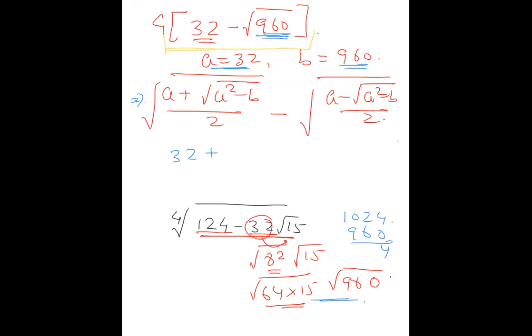Very good. Right? 64. The 64 by 2 is in the under root, minus under root of 32 minus 8 by 2. So from this I'm getting 40 by 2 is under root 20 minus 32 minus 8 will be